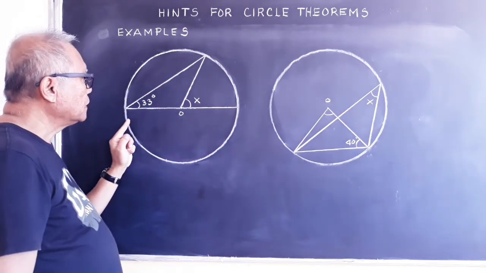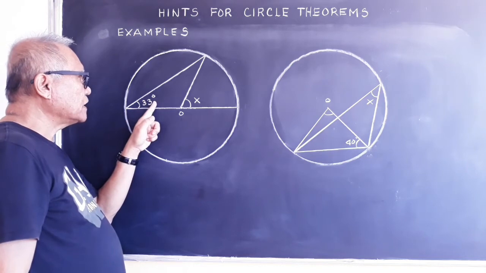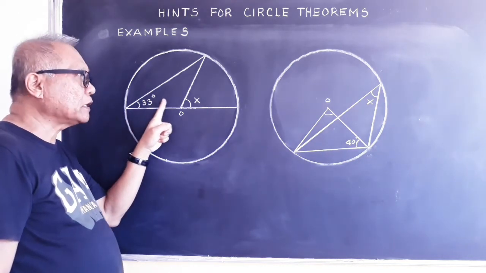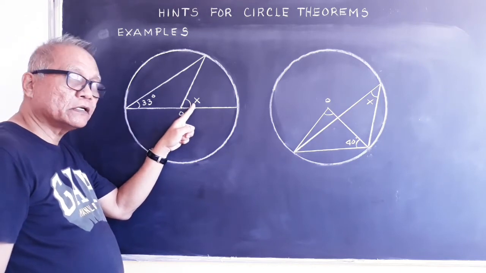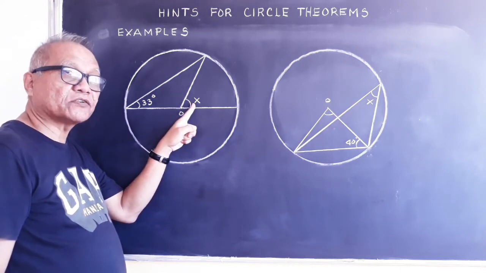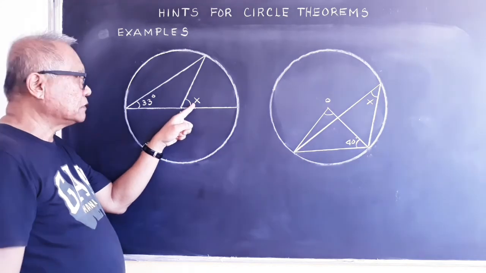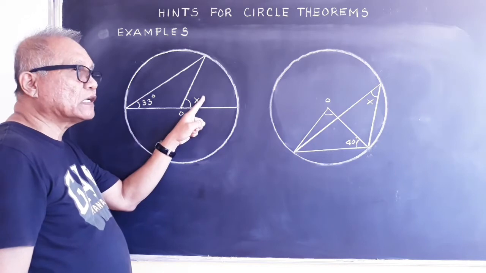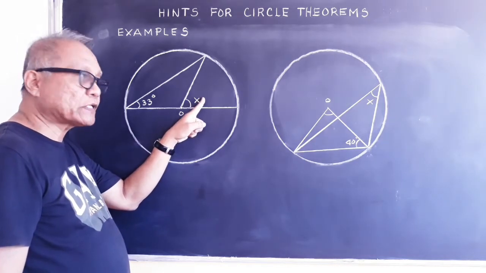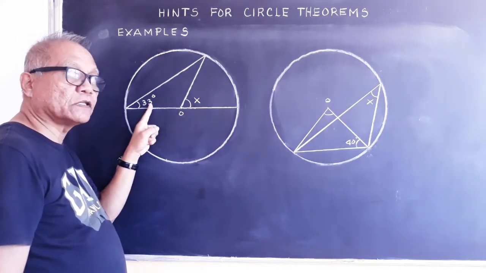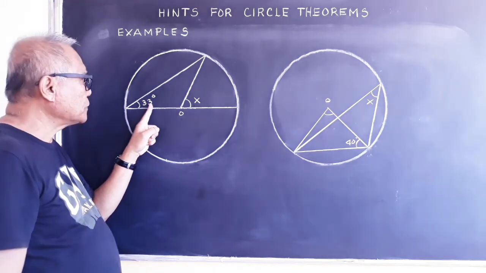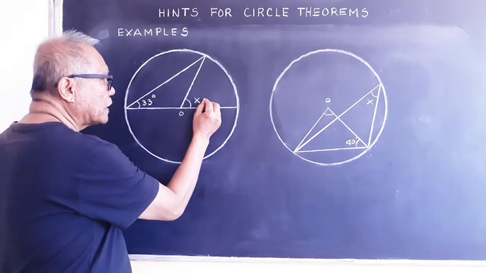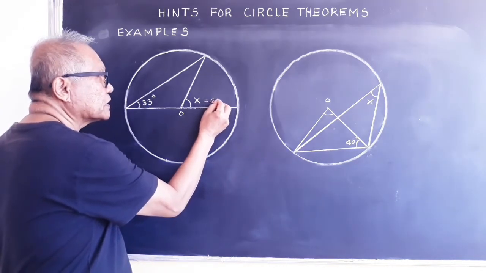Okay, here, this one is 33, which is the subtended angle, and we know that the X here is the central angle. The shortcut solution is, we know that the central angle is 2 times the measure of the subtended angle. So we just multiply this 33 by 2, then our X is 66